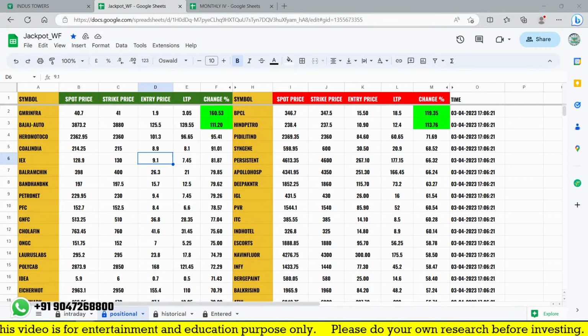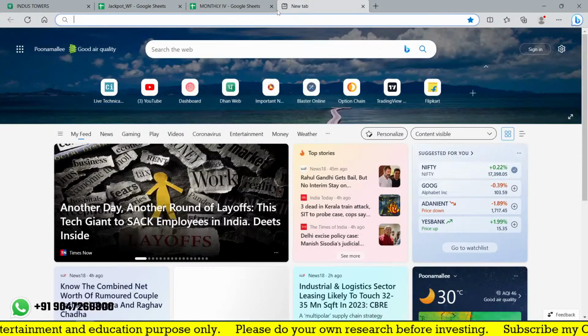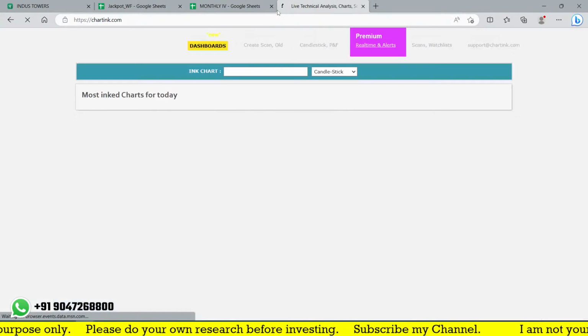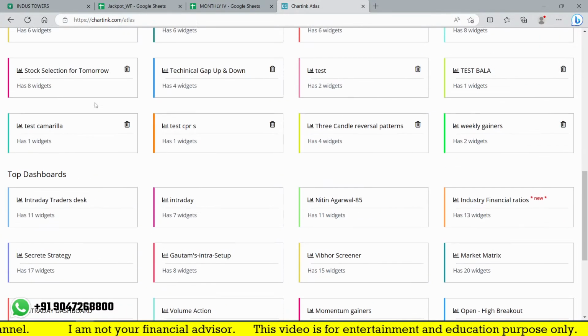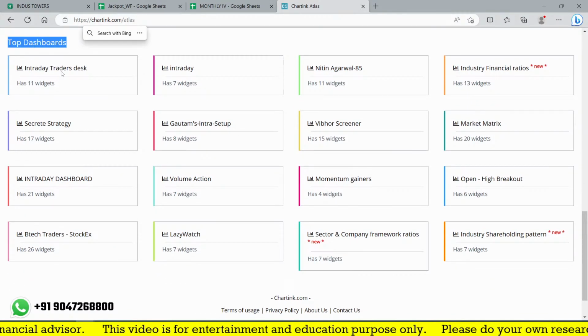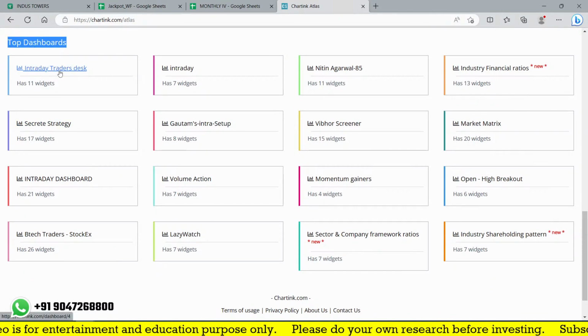I think it is free, available free. You can see in this sector section, everything you can focus on. I'll show you how you can go for it. It's not necessary to create. After opening the charting, go to the dashboard, then free dashboard, top dashboard. You can see here the Intraday Traders Desk is one of the dashboards which is available